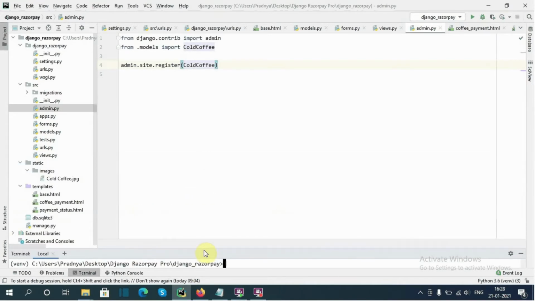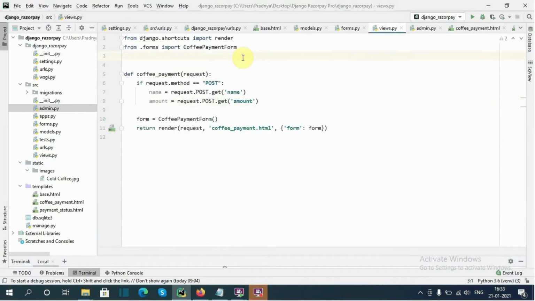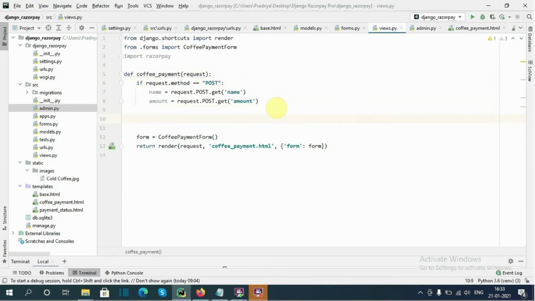Okay, then here I will import razorpay. I think you have watched part 2 of the Django Razorpay integration series. If not, please watch it, because there I explained the flow of how we need to integrate Razorpay with Django.